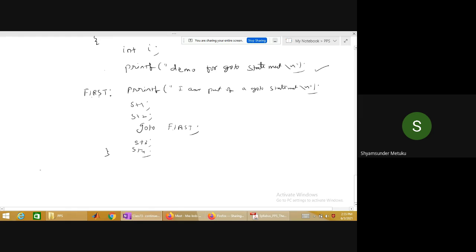What I suggest is, it is a note basically. Every go to statement, again similar to break and continue, must be associated with an if condition.